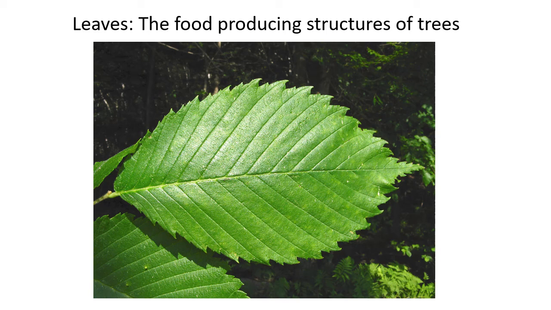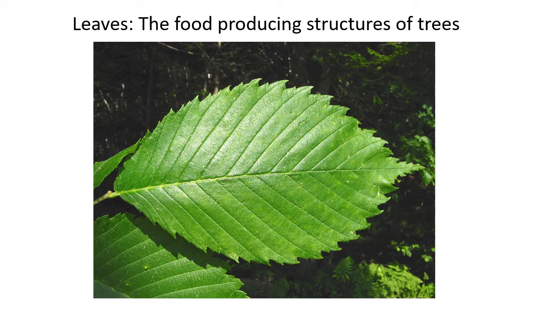Okay, this is the first video in a series where we're going to talk about the structures and the anatomy of trees. So in this video, we're going to talk about leaves, right? Leaves are the food-producing structures of trees. So this is where photosynthesis happens. This is where sugars are produced, which is then the raw material that's used for all sorts of processes in